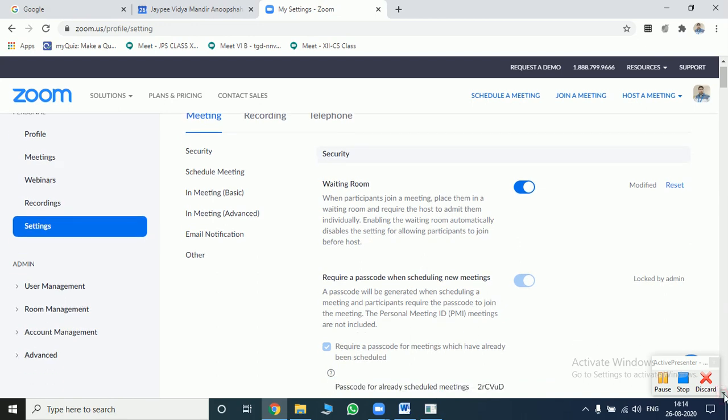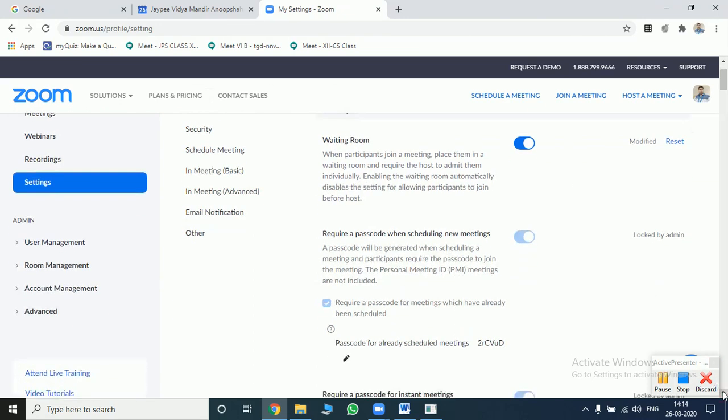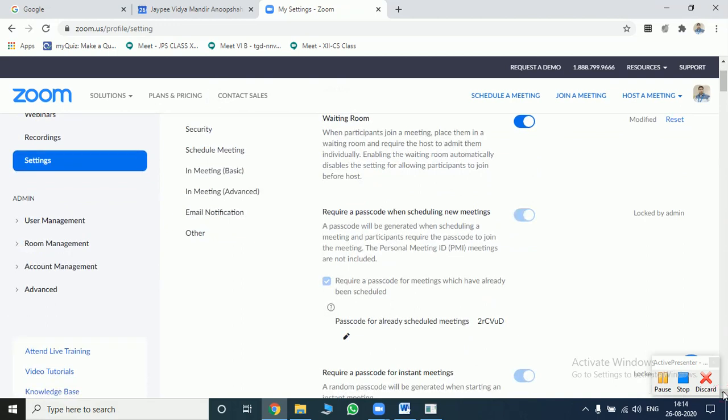Like you see, I will keep on scrolling. Most of the features you will find are not known earlier, because these are not available on the client setup. This is the web portal, so it allows all features. So waiting room you can allow or disallow from here.